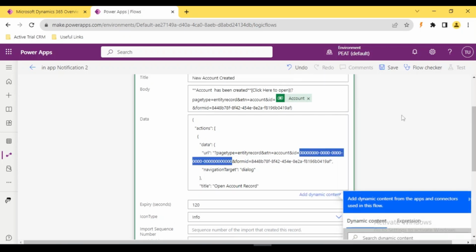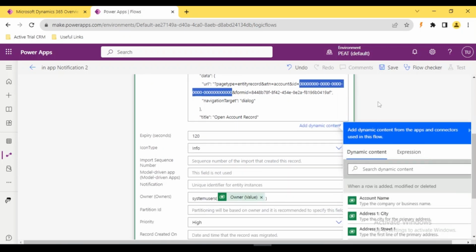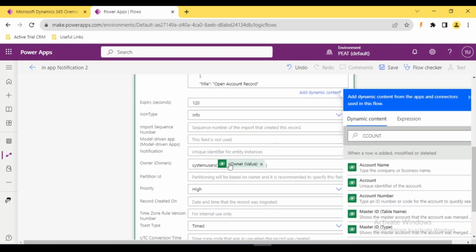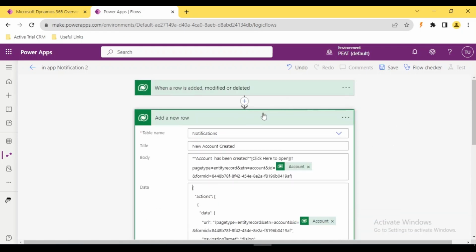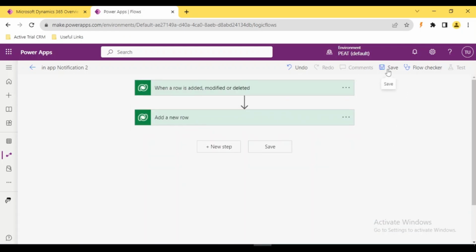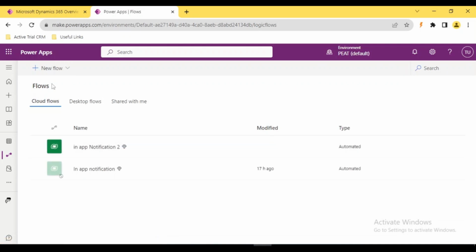The same we need to paste it here. And we are okay with that flow. So we can click on the save button. We can come out